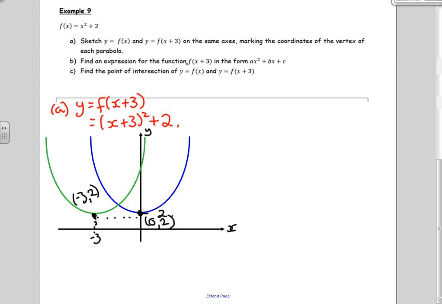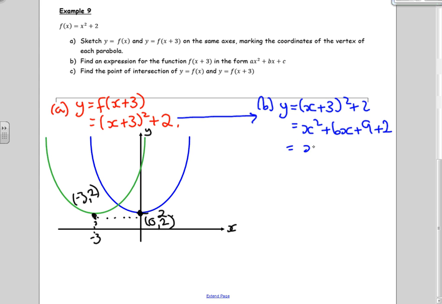Part B says find the expression for y equals f of x plus 3 in the form of ax squared plus bx plus c. So that is using this part here. So for part B, all we've got to do is expand out these brackets. So we have y equals x plus 3 squared plus 2. So expanding out this bracket gives me x squared plus 6x plus 9. And then of course I've still got my plus 2, which gives me x squared plus 6x plus 11. But of course that means that this graph here cuts the y-axis at 11,